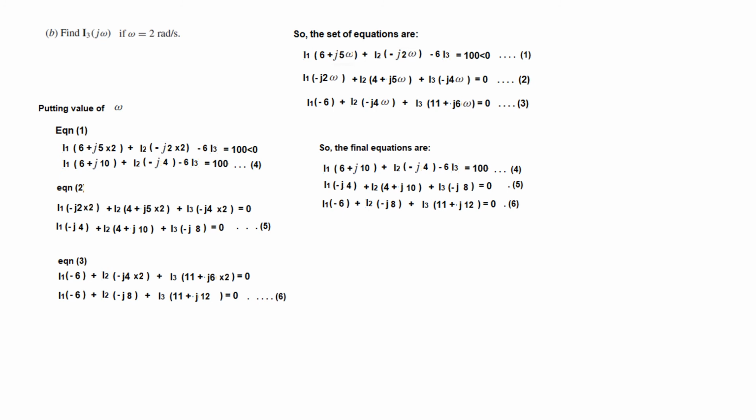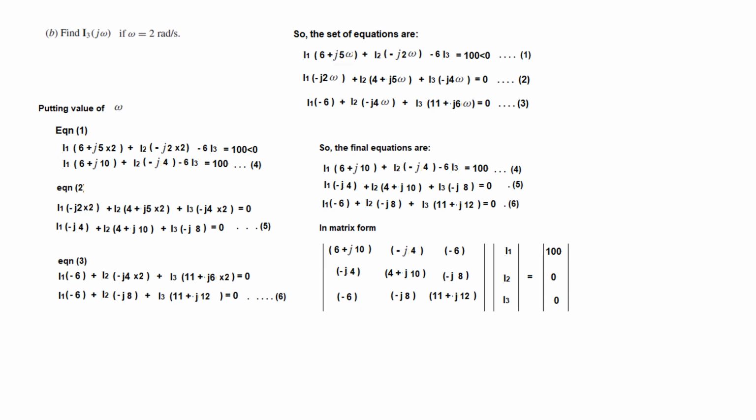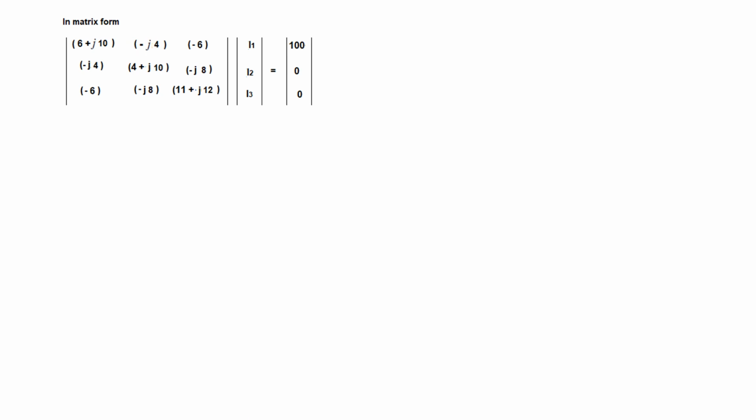Now if you have a scientific calculator in which the complex function is working, you can probably get it directly. My calculator does not have the scientific function, or the complex function is not working. So I will solve it the hard way, the donkey's way. Okay, so what I'll do is I'll write it in terms of a matrix, all the values from this equation, and for I3, the equation we follow is we write delta 3 over delta. So first of all, let's find out delta, or the determinant of this matrix.